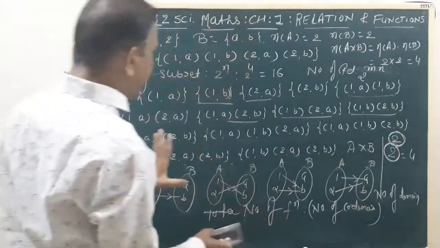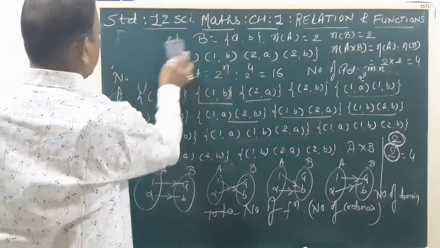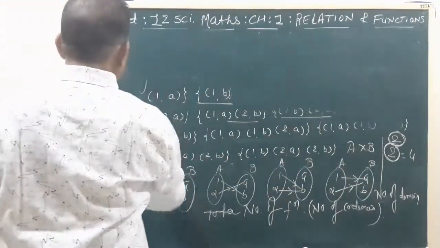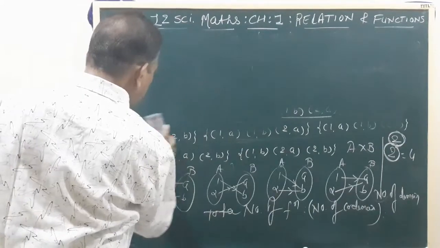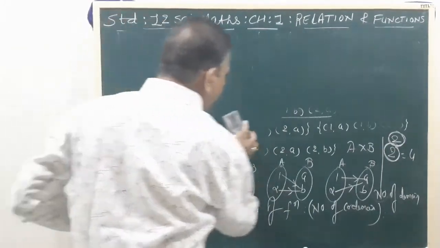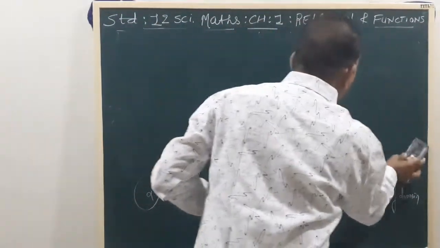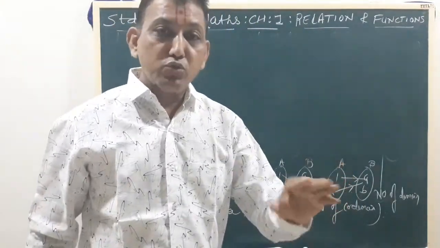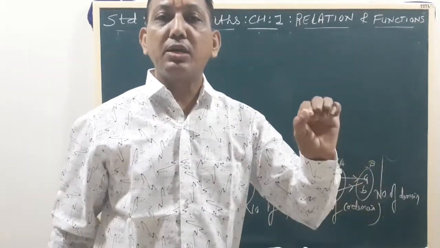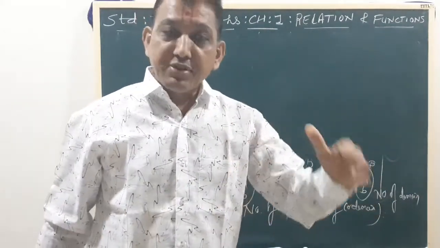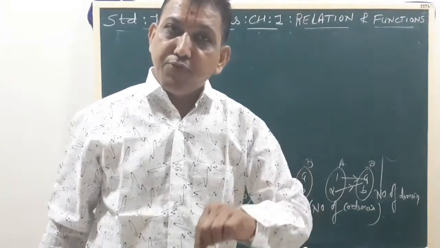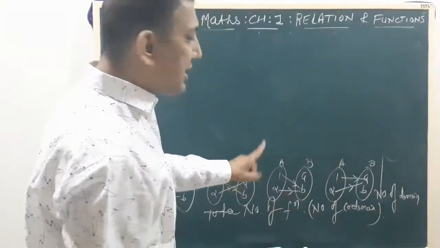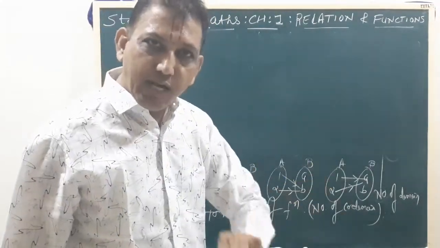Now we go to the types of functions. In your textbook, in chapter number 1, we start the topic function. We have not discussed the starting exercises up to exercise 1.1, because up to exercise 1.1 is a completely new topic. After completing exercise 1.1, relation and function is something you studied already in 11 science. So we start the complete exercise 1.1, the new topic.